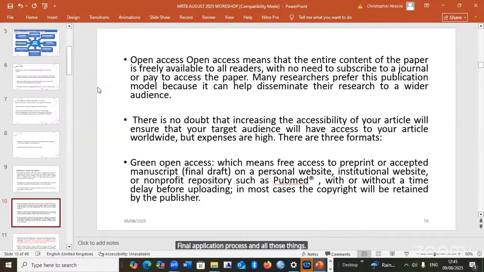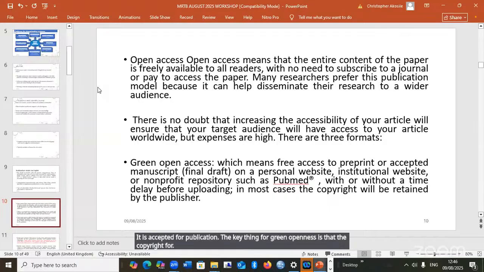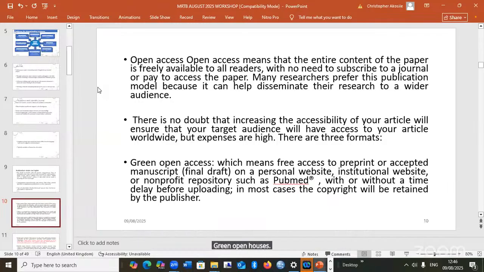They make it available online, and people can start reading the work as soon as it is accepted for publication. The key thing for green open access is that the copyright is retained by the journal publisher.